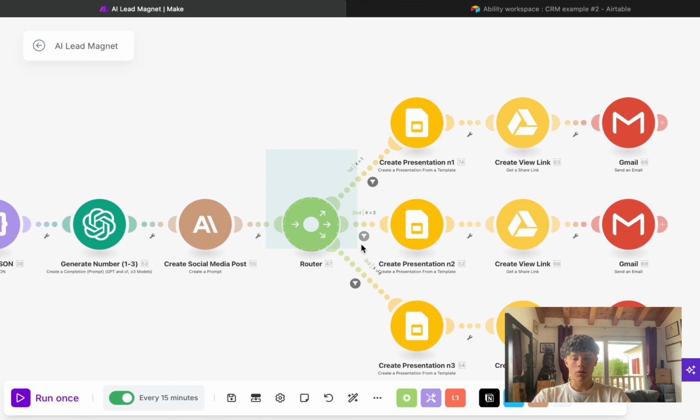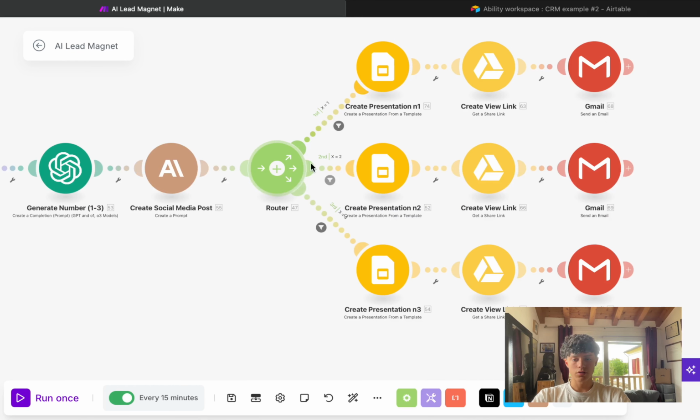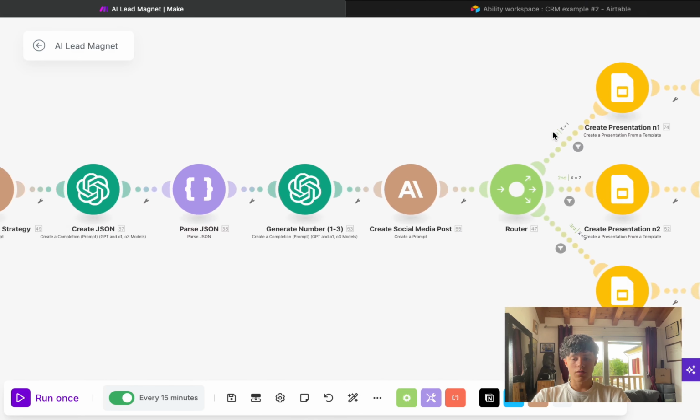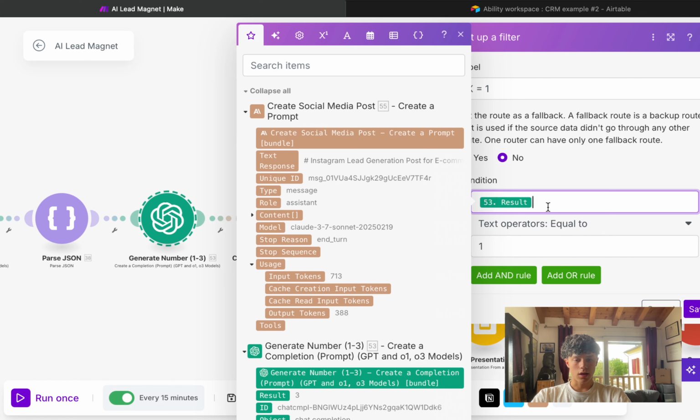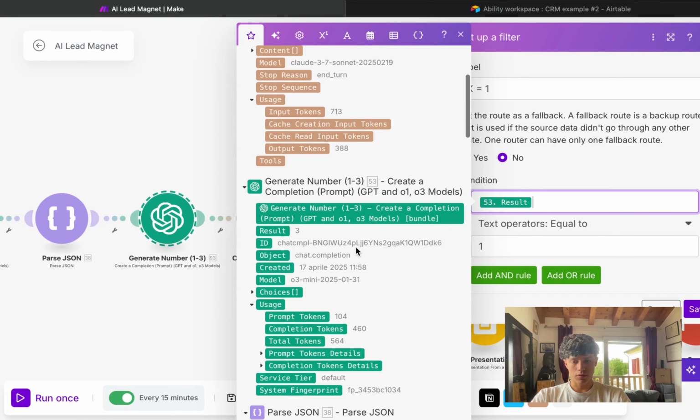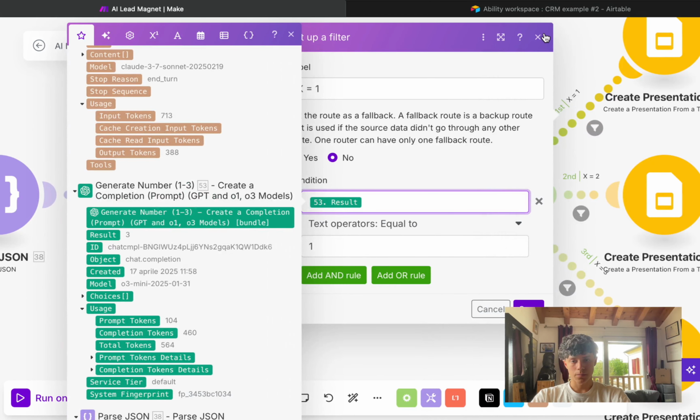Then we want to add a router, which is going to split the scenario into 3 different routes. These 3 different routes are going to be filtered by whichever number this random number generator outputs. So if the output of this module is 1, then this specific route will run. So if the results of the 53 module, so this one right here,